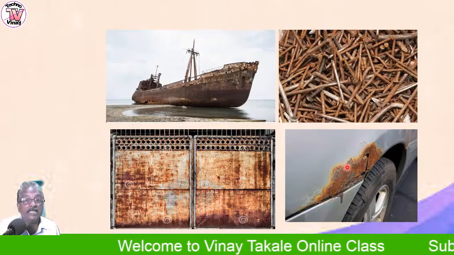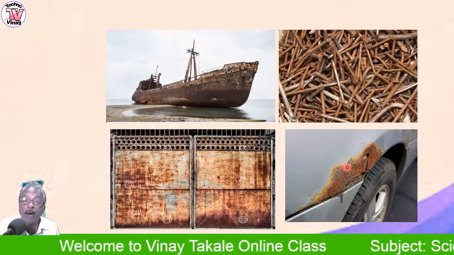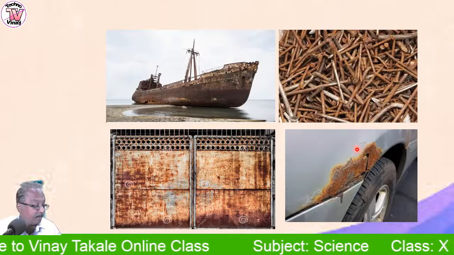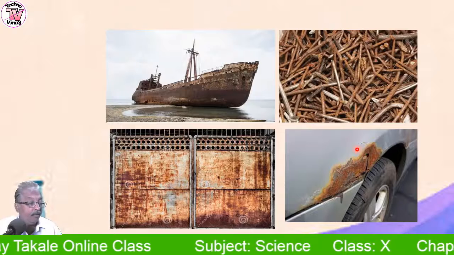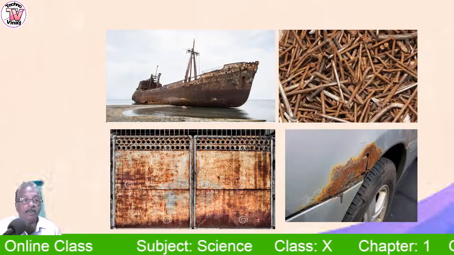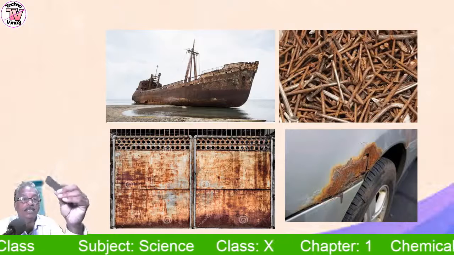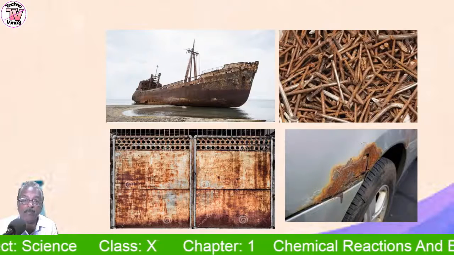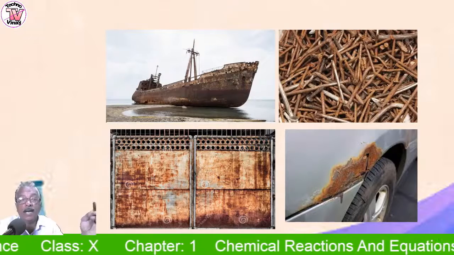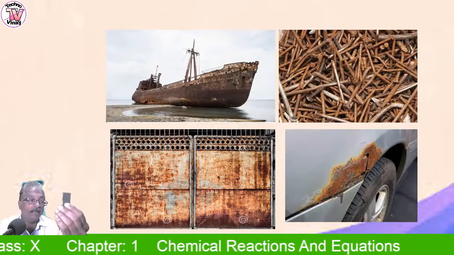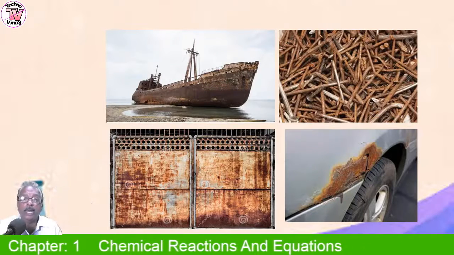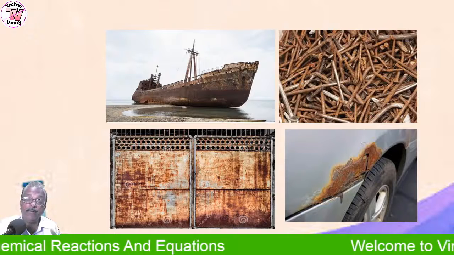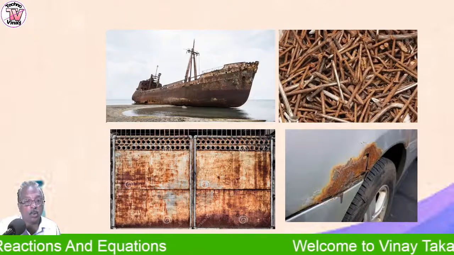So all this process is known as rusting. So formation of a brown layer on the surface of the iron is known as rusting. Follow, no? So if you just take a sandpaper or a polished paper, and if you just scratch it or rub it, what will happen? The brownish layer will get removed, and inside you can see a shining substance. Again, if you leave it for some more days, again a brownish layer will form. Again, you take a polished paper and rub it. So like this, in this process, what will happen? There will be a loss of iron. So here, whenever there is a loss of this metal, it is known as corrosion.